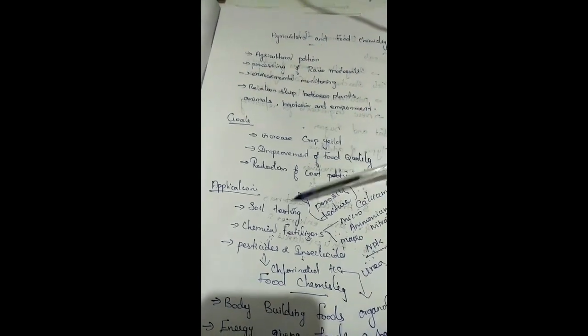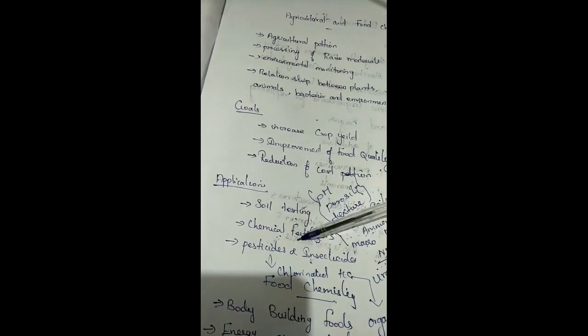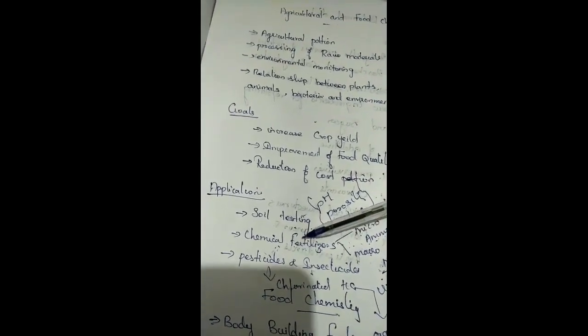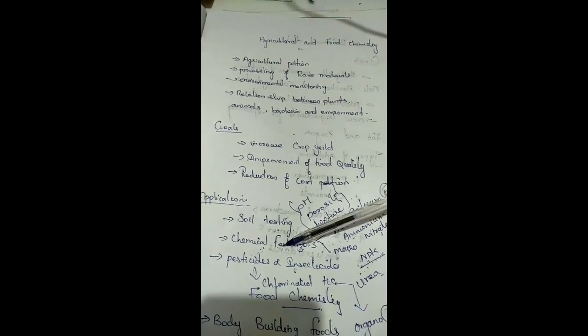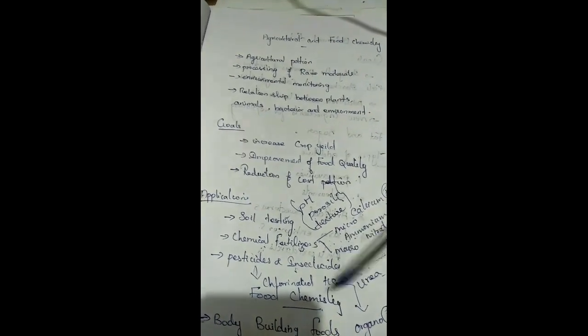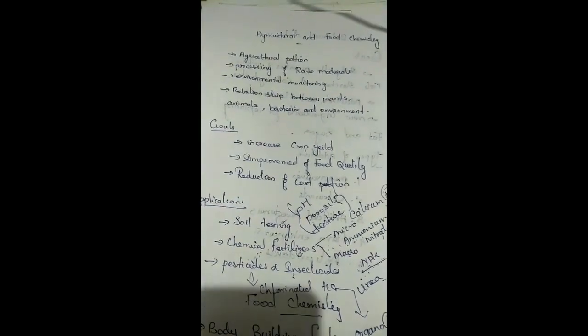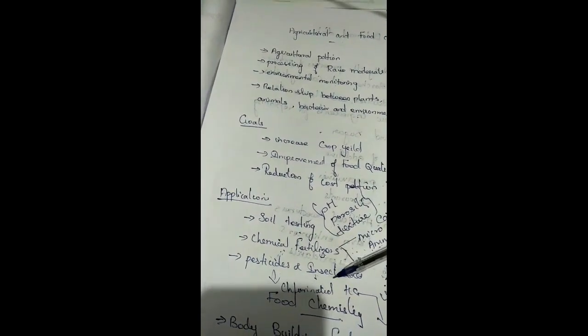So the main aim is to increase the production of crop yield by doing soil testing and giving good chemical fertilizers, pesticides and insecticides. Depending on the nature of the soil only, the fertilizers are used. By testing the soil pH, we will add suitable fertilizers. These fertilizers can be used singly or as a mixture, and it all depends upon the texture of the soil, so that we can increase the crop yield, and also give good quality food. By preventing pests with pesticides and insecticides, we can have a good yield of the crop.